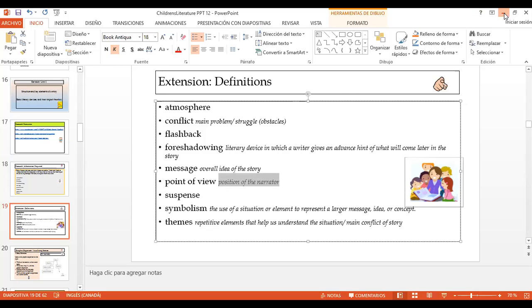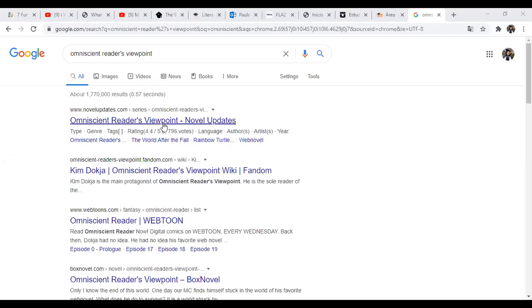Omniscient, reader's point of view. Yes. Exactly. It comes from Latin, so I think it's an academic word, which is not difficult to translate into English or find the English. Yes, it's this one. So it's the omniscient reader's point of view,